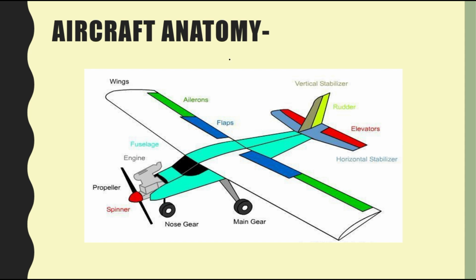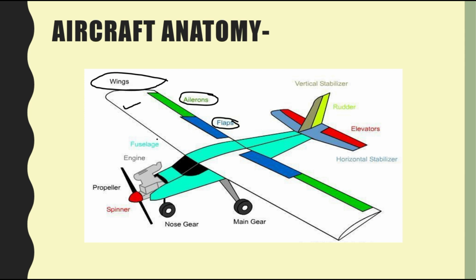Now, the most important part of an aircraft is its wing, because wings are the devices which generate the lift and make the aircraft fly. So let's talk about the wing. The wing is responsible for the lift, and on the wing you can see the green parts, which are known as the ailerons, near the tip of the wing, and the flaps, which are near the root of the wing. So what are these for?